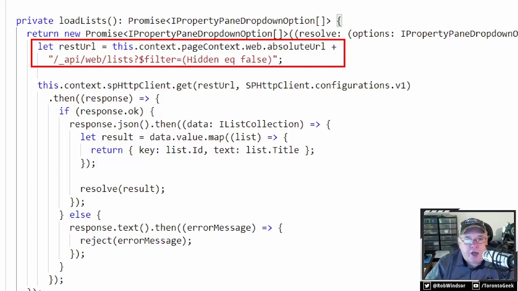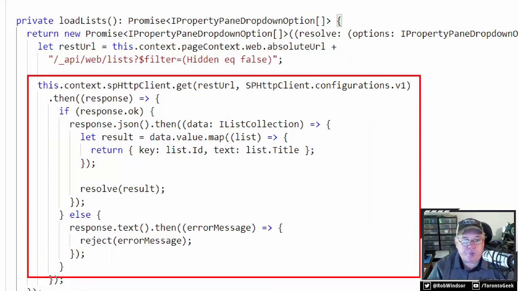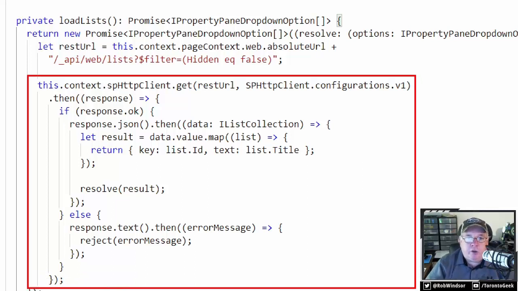And then we'll use the SPHttpClient object off of the web part context to make a GET request to the SharePoint REST API. So that's this code here. The first parameter is the URL that I just constructed in the variable above, so that's the _api/web/lists with the OData filter. And SPHttpClient.configurations.v1